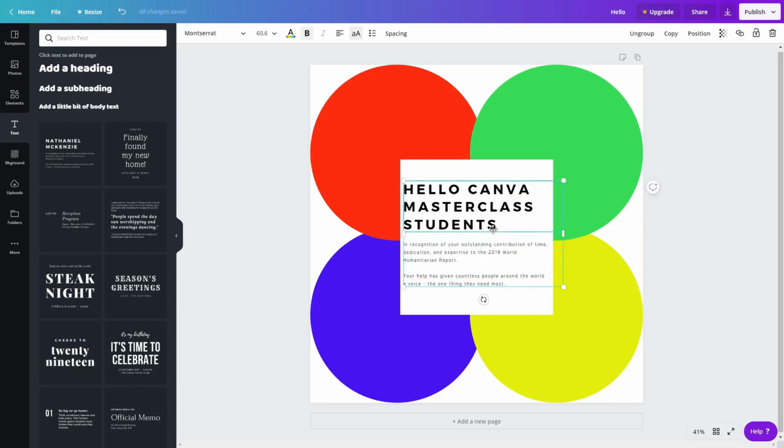Alright, so how can we change the font and other text settings? You can find all the settings regarding text up here. So in order to change the font, simply click on here and you will see a bunch of different fonts